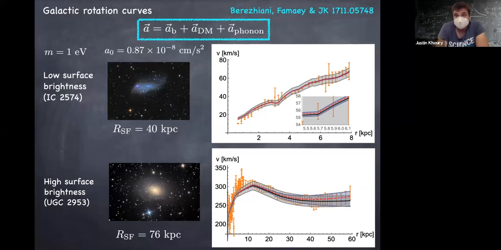You can fit rotation curves. So keep in mind that within the superfluid bubble, there are really three forces acting on a test baryonic particle. One is the gravitational acceleration from the baryons themselves, gas and stars. There is the gravitational Newtonian force due to the dark matter, as usual. But on top of it, there's the Mondian force coming from the phonons. And we were able to fit galactic rotation curves. Of course, this is not so surprising because this is reproducing the MOND behavior, which, as we know, is quite successful at fitting rotation curves.